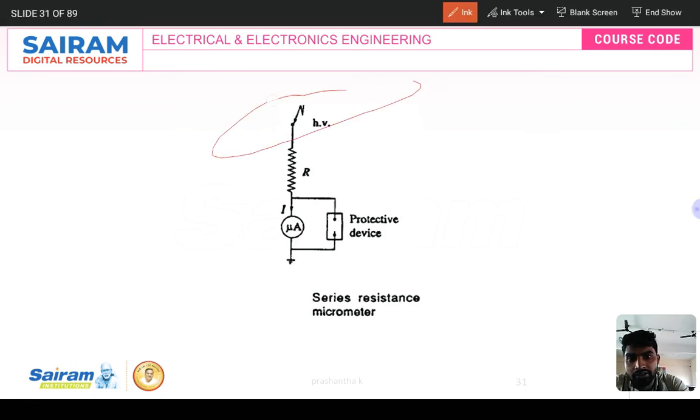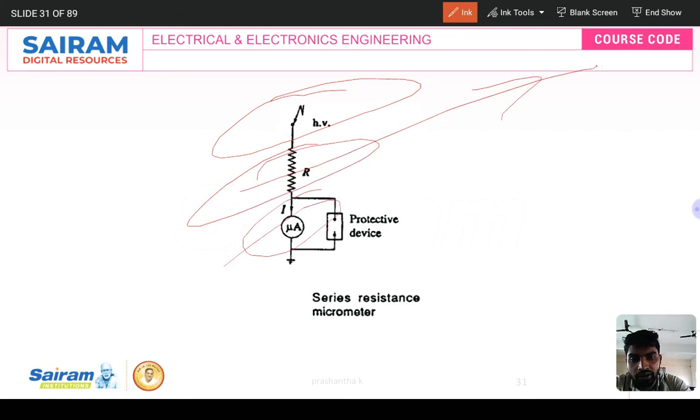See, high voltage is applied over here and the resistance is R. If suppose the resistance fails, the meter reads maximum, and this is a protected device. It may be any other device like an MCB, fuse and other protected devices, or circuit breakers, like they use at present, MCBs or whatever, and also voltage protected devices, because it's connected in parallel, right?